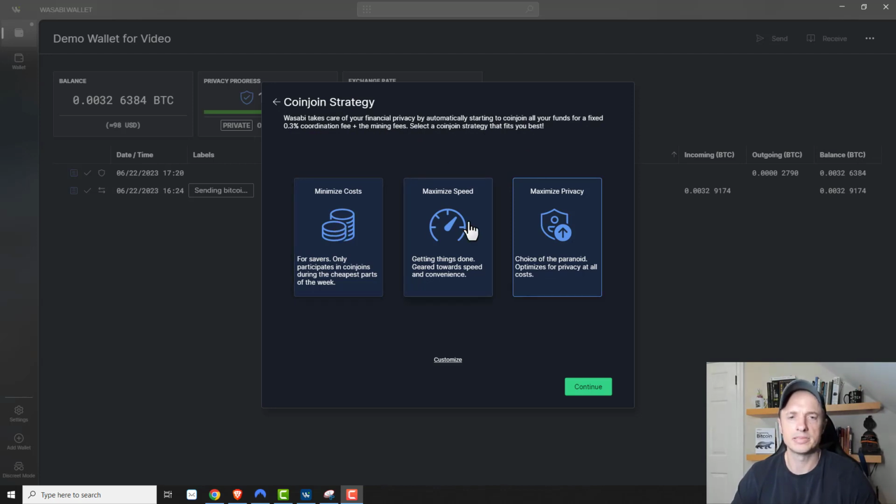So it gives us 3 options right here, and also the option to customize. You can go ahead and customize it, and we'll go through these real quick right now. But I also want to point out that you can change your strategy later on. So if you start with maximum privacy and you realize it's taking way too long and you don't actually need that much privacy, then maybe you would switch over to maximum speed or something like that. So anyway, minimize costs. It's for savers, only participates in Coinjoins during the cheapest parts of the week. So it does its best to save you money,